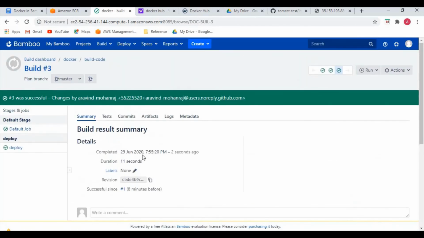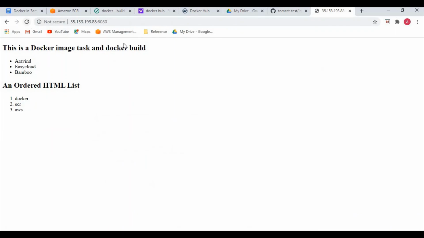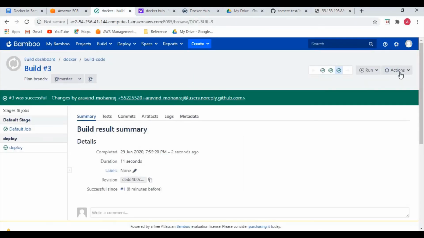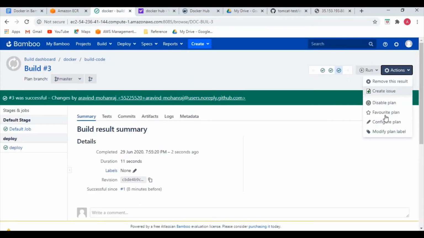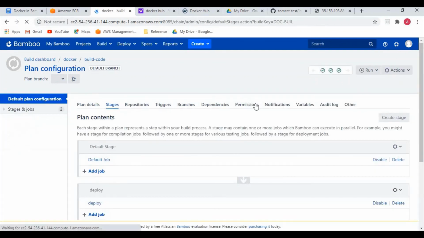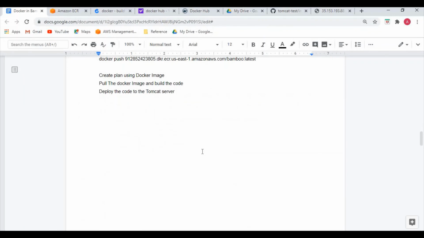Okay, it's deployed. Let's refresh and check. Yeah, you see here, the changes that we made have been reflected, and this time we have used the ECR image.